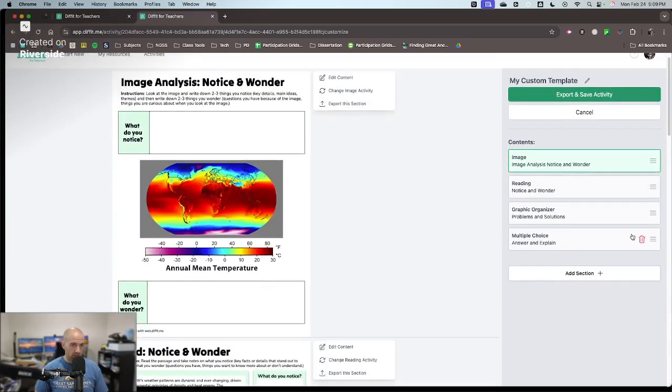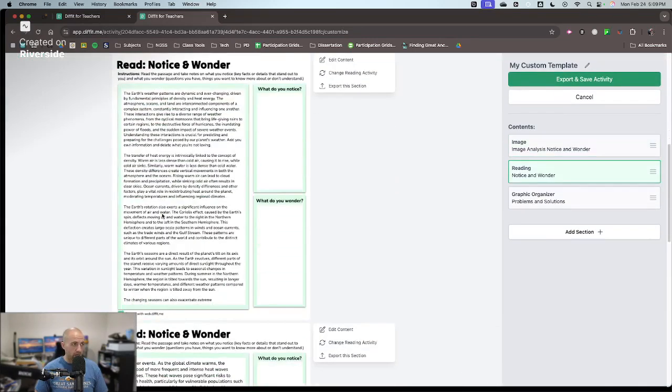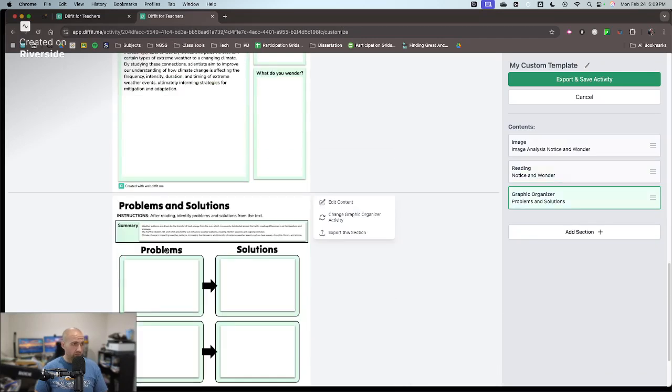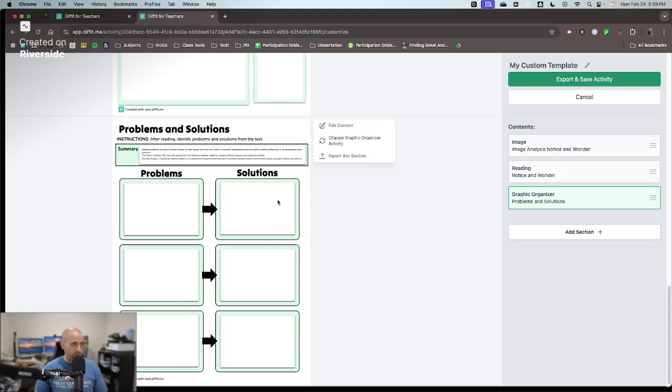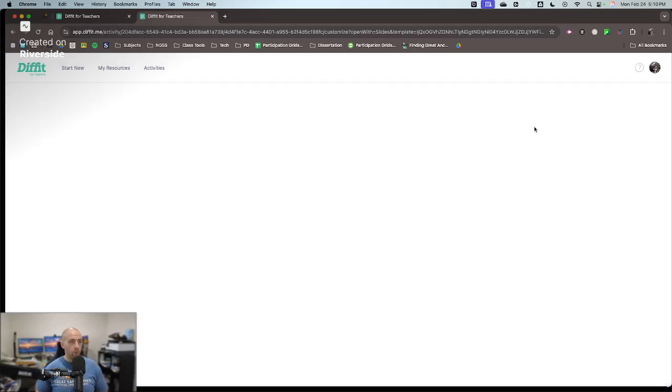And so, those are out. This is really what I wanted. I want the See, Think, Wonder, or reading. I don't love this. What do you notice? What do you wonder? I'm going to change it and you'll see how. And I don't really love the fact that these are not pre-populated. And so you can export and save the activity. And once it's done doing that,